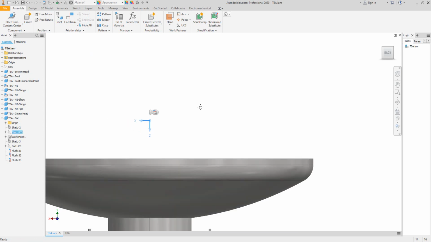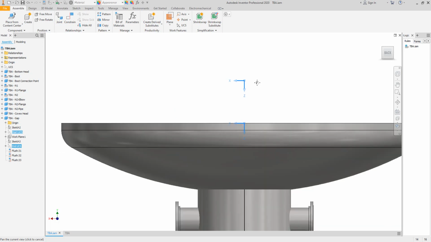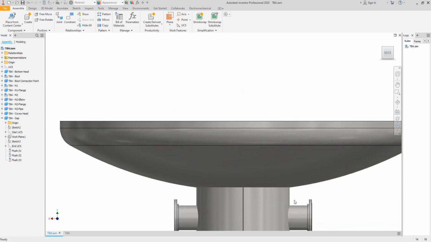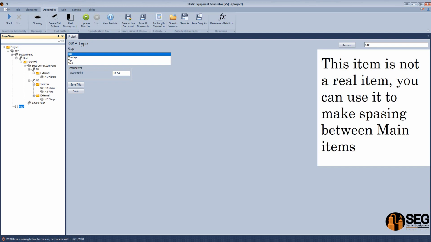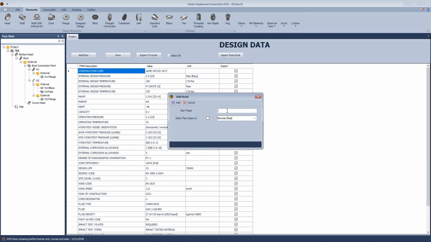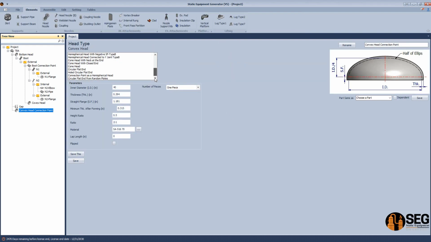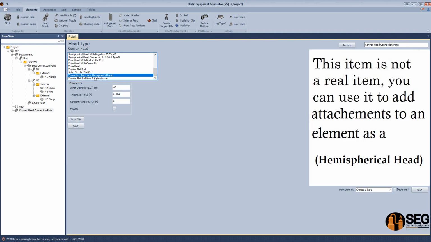Okay, located at here, at that point. So from here we will use this point to create an unreal element, looks like the hemispherical head. So from here let's select the bezel again, and from elements let's add a head as a convex head connection point, and click create. And from here, if we come back down here, we will find a connection point as a